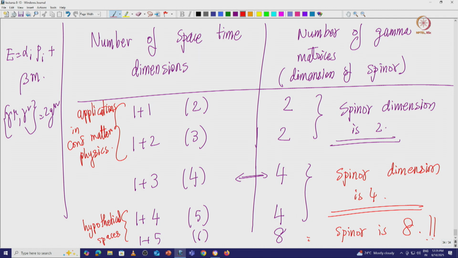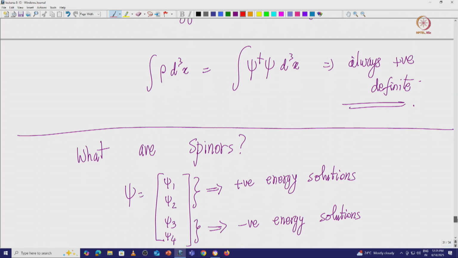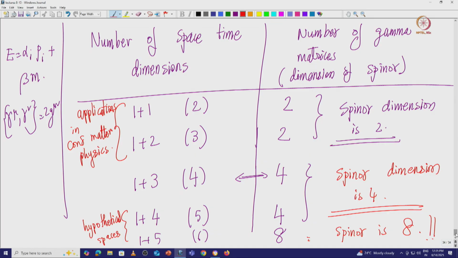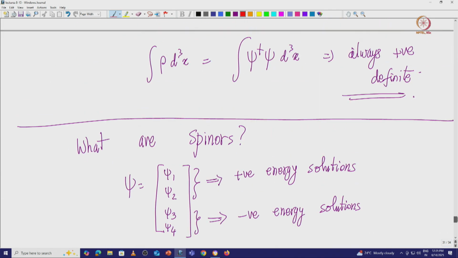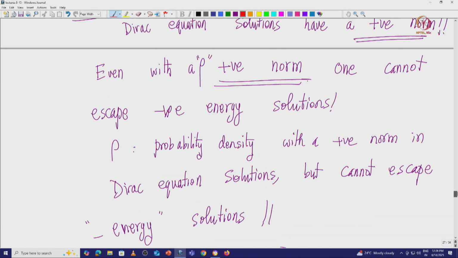What we have seen is that the dimension of the spinors is sort of accidental, in that it has the same dimension as space-time in 4 dimensions, but it can also exist in lower dimensions. In fact, as we will see, for massless particles, when m is equal to 0, the solutions are only u and v. There are different classes of solutions in which there are only 2 component spinors.